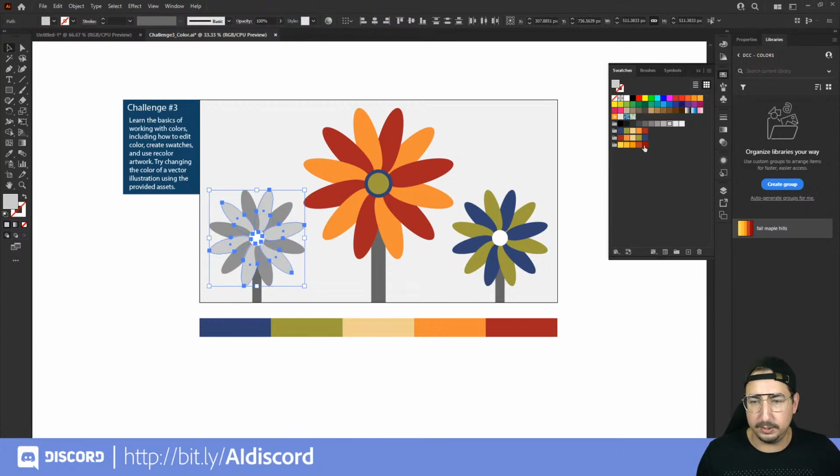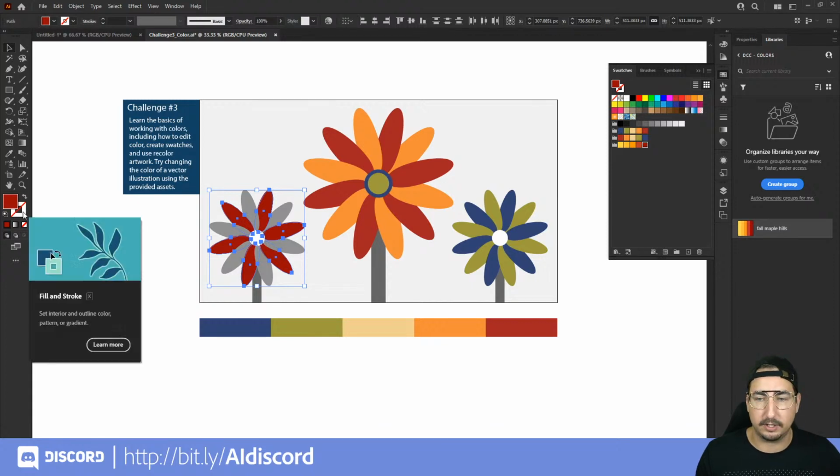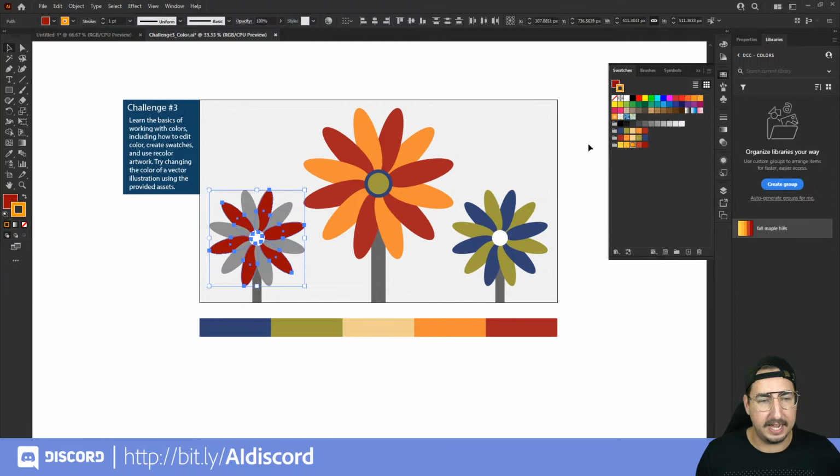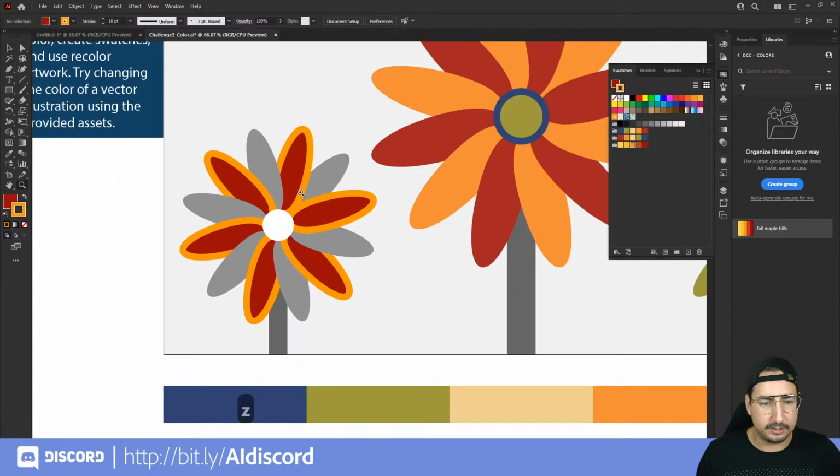So maybe we want to do a dark red here and then put a stroke on all of those. We can select our stroke, and then we are going to bring up our swatches again and just put maybe a nice orange stroke on there and change that stroke to about 18. So there we go. We've got some nice stroke on there, and let's go ahead and grab one more set